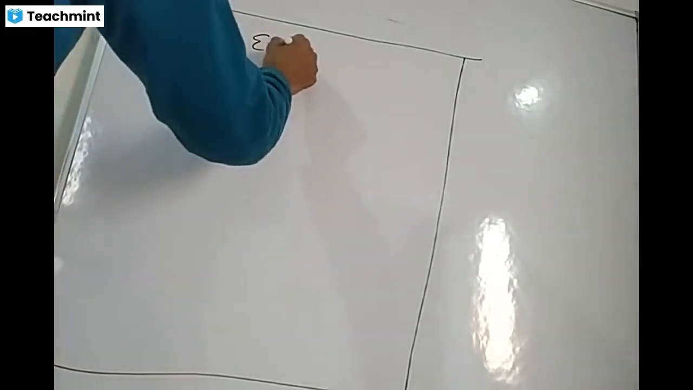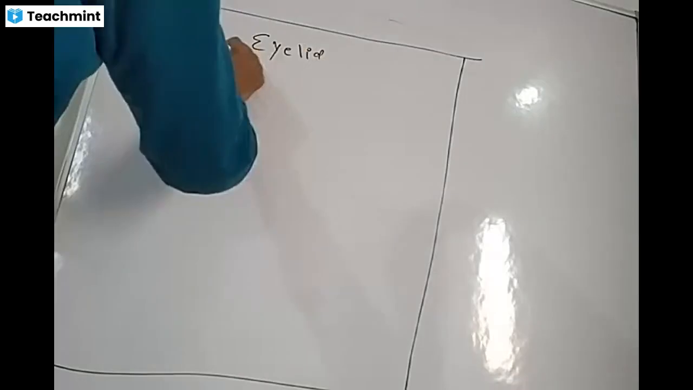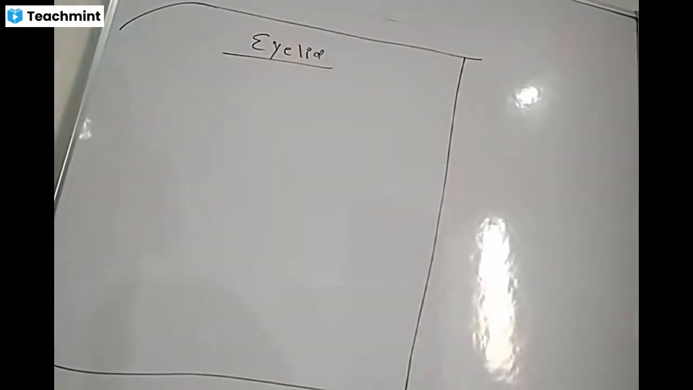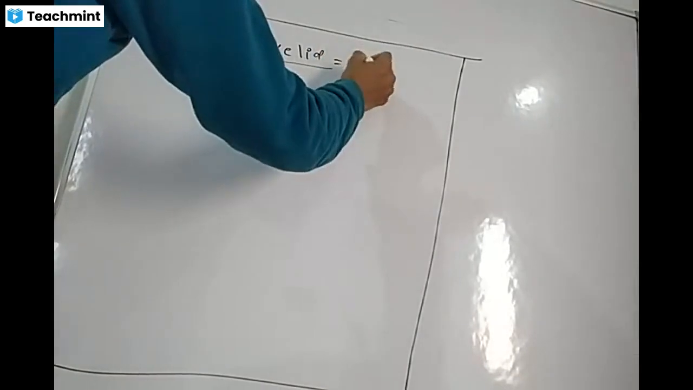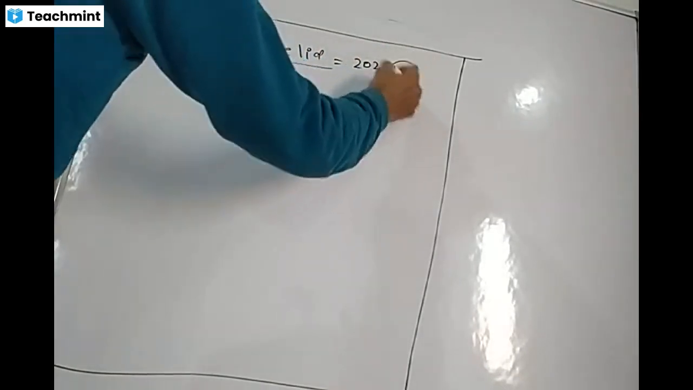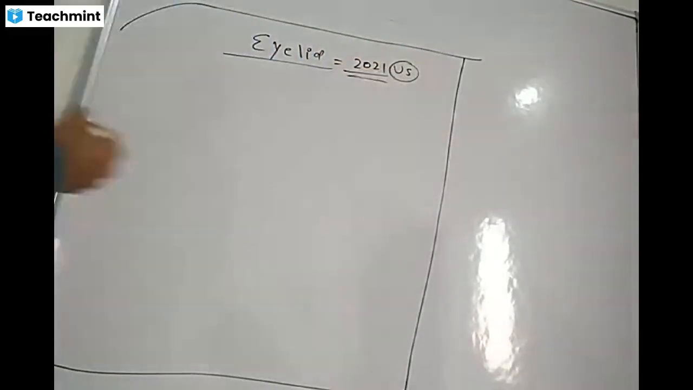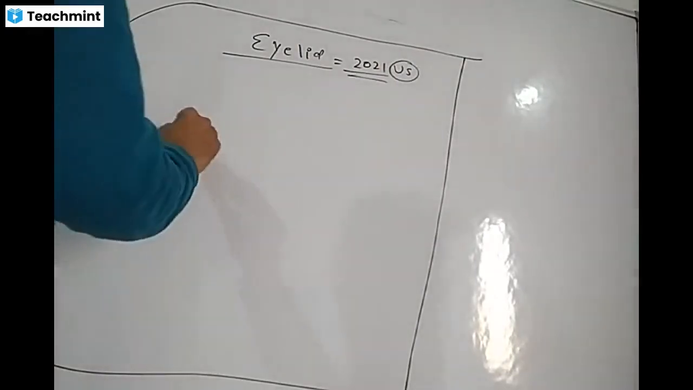So today's topic is about eyelid normal structure and some important diseases related with the eyelid. In 2021 Veterinary Sciences, there was one MCQ from the eyelid topic. So if we look at the structures,